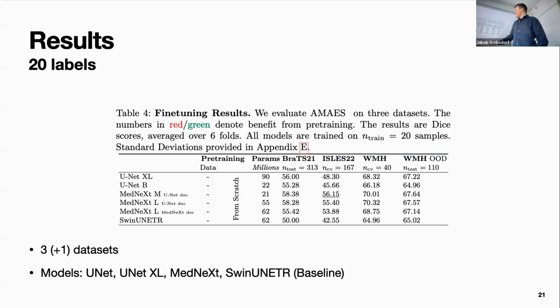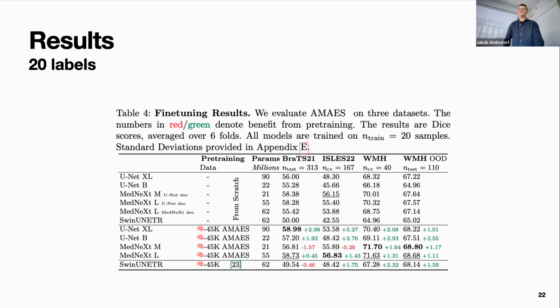Yeah, and this is Dice score, and you can see that actually it's quite challenging. These are not very high Dice score points, but it's also just using the 20 labels. What does the underline mean? Is it particularly 56.15? Is it underlined for some reason? It only makes sense once I show the whole table. So I just cut this up a little bit for the sake of the presentation.